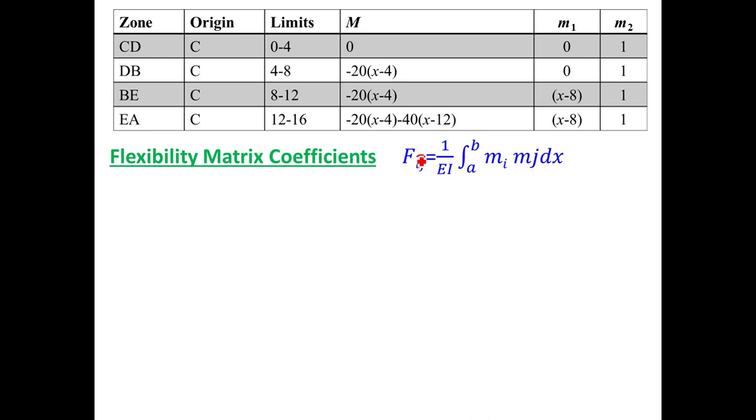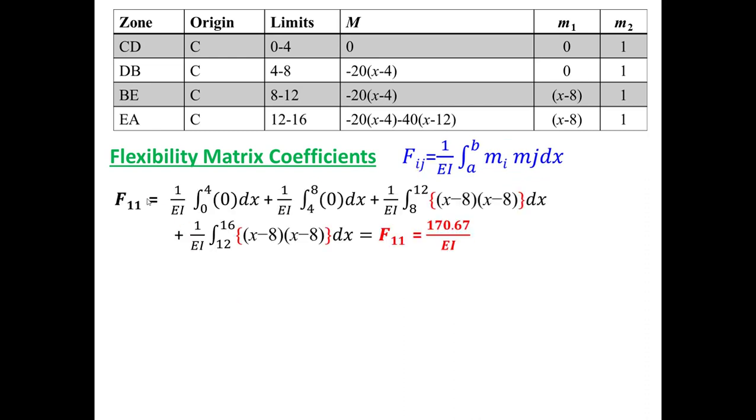It means if you want to calculate F11, I equal to 1 and j equal to 1, F11 is equal to m1 into m1. Similarly, F12 or F21 is equal to m1 into m2. We know that F12 is equal to F21 because the flexibility matrix is always a symmetric matrix. So this multiplication becomes m1 into m1 for F11, m1 into m2 for F12, and m2 into m2 for F22. Okay, so we'll calculate the flexibility coefficients now.